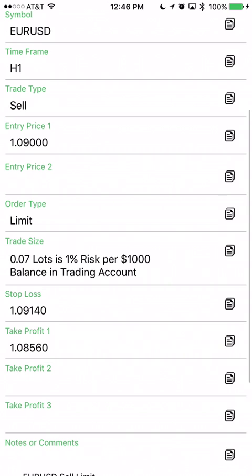So let's go over and see our quotes. I'm going to show you a couple of things here. At the bottom of the phone, you have quotes. You have candlesticks, that's your charts. Trade shows any pending orders or orders that you have open at the moment. And then you have your history, which in this case has a couple of other little trades that we've done here, and it shows you the history of your profits or your losses. All right, that is your basics for entering a trade from